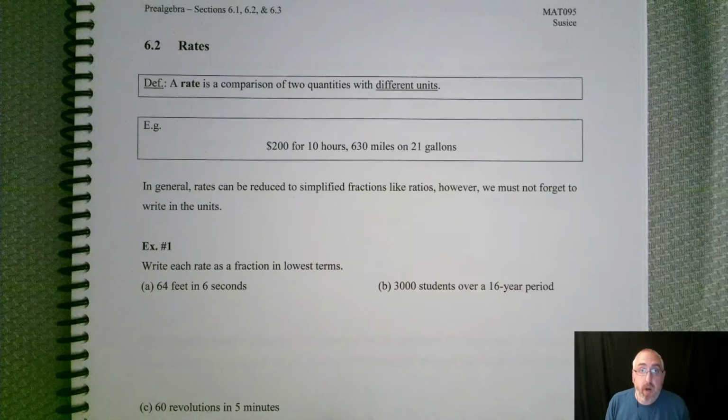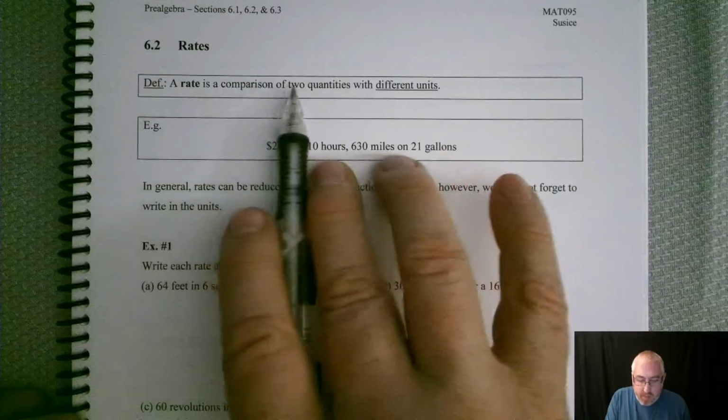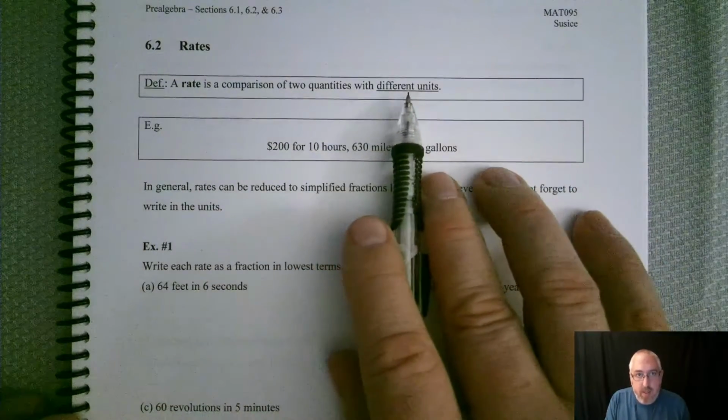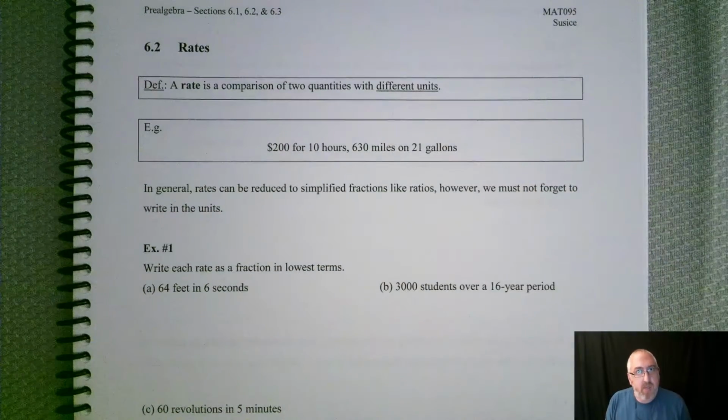So now we are going to be getting into 6.2, which looks at rates. Very similar to ratios, but there's a twist. A rate is a comparison of two quantities with different units. Unlike the previous section where the units cancel out, we're not going to be able to cancel these units